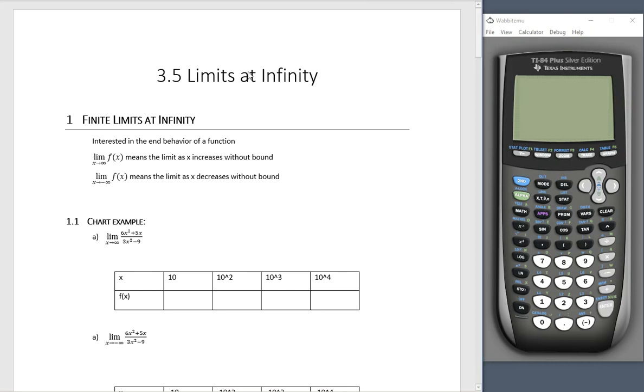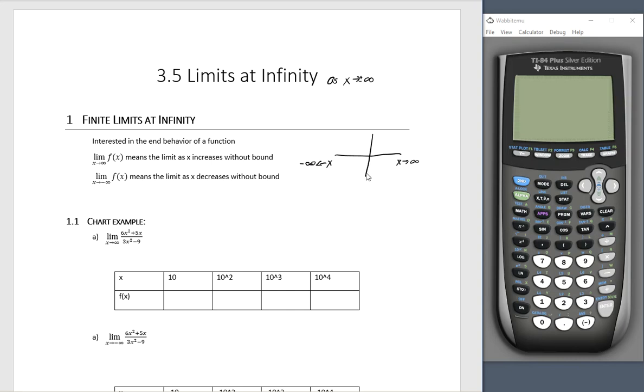So, we've talked about infinite limits before, but limits at infinity, this is as x goes to infinity. And it's either plus or minus infinity because we go to both sides. We don't discriminate. So, as x goes to infinity, we're trying to determine what happens at the end of the graph, right? At the far right end. And as x is going to negative infinity,